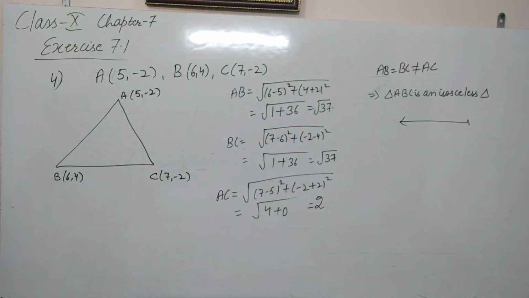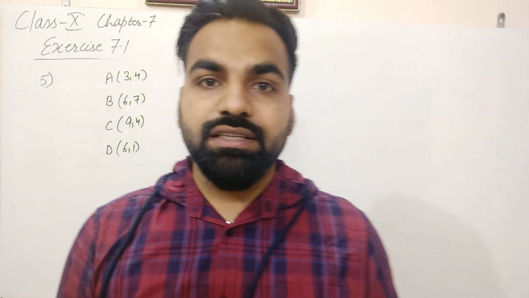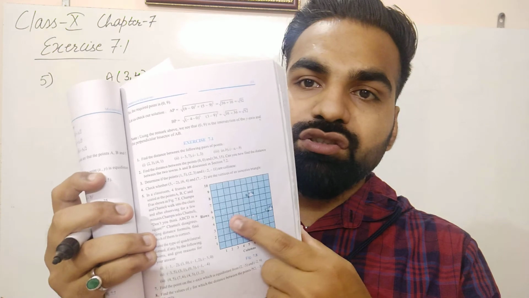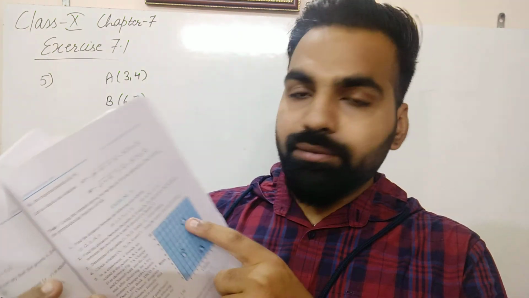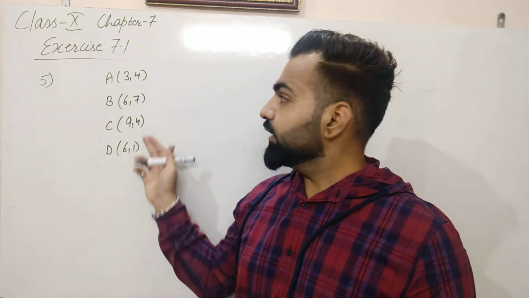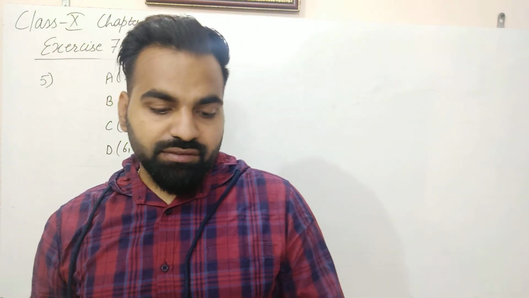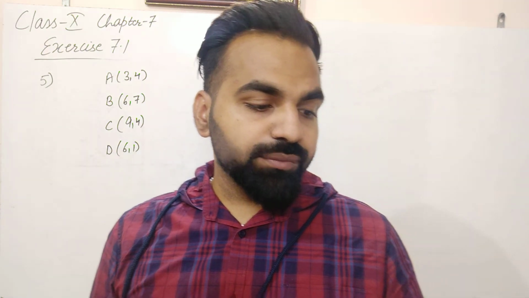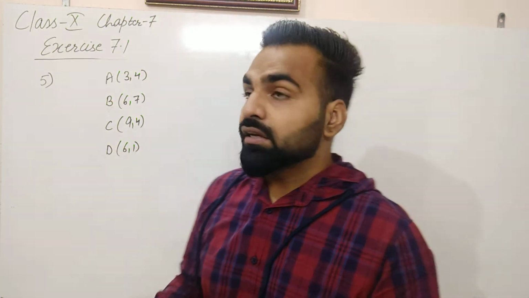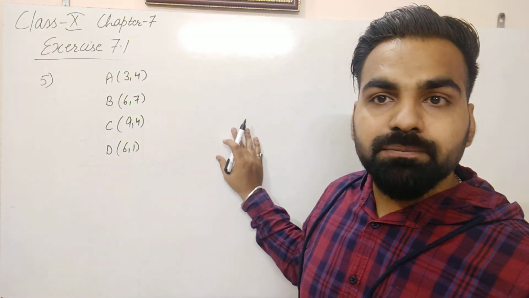So this was question number 4. In question number 5, a graph is given. You can see it in the book. Here the graph is given. So there are 4 students in the classroom, A, B, C and D. I have written the coordinates of points A, B, C, D: (3, 4), (6, 7), (9, 4) and (6, 1). Now Champa and Chameli walk into the class, and after observing for a few minutes, Champa asks Chameli, "Don't you think ABCD is a square?" Chameli disagrees.